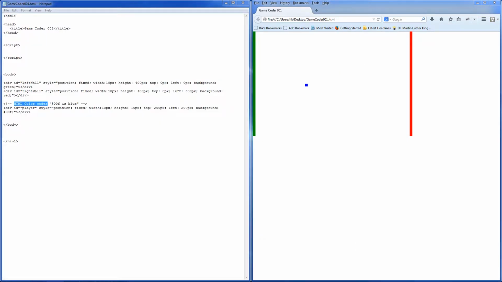So this is where we were. We've got some reds and some greens and some blues. We've got a line here. To recap, we've created a line using this div tag. These are what we call tags, with the sharp angle brackets. We've used this div to create a wall, which is green, and this div to create a wall, which is red. That was your hint for the homework. Then we've used this div